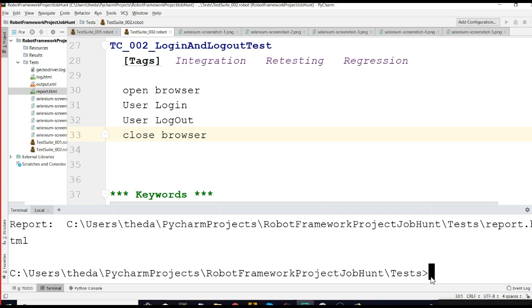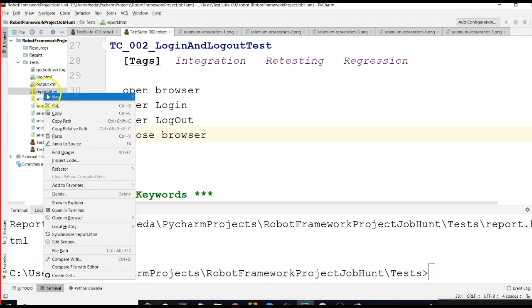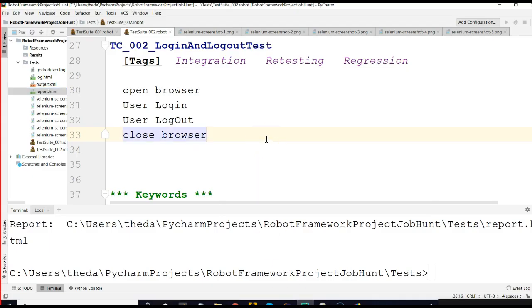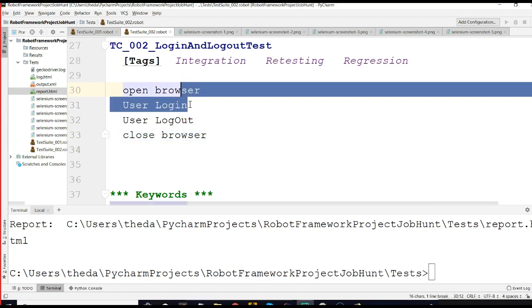It's not working. I think it failed. Go to the report. You see, the test case failed. Why? We made some mistake. Maybe user login. So, user login,